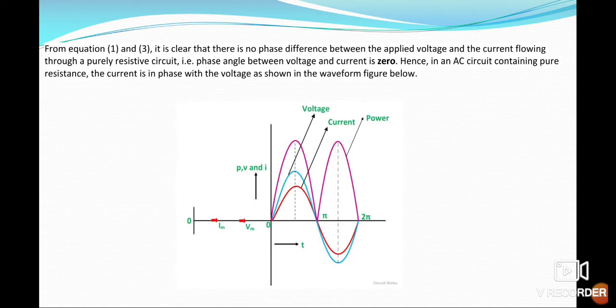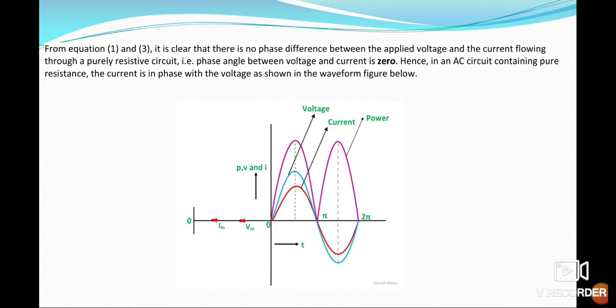From equation 1 and 3, it is clear that there is no phase difference between the applied voltage and current flowing through a purely resistive circuit. That is, there will be no phase angle between voltage and current. So the phase angle will be represented as 0 for a pure resistive circuit. In an AC circuit containing a pure resistance, the current is in phase with the voltage,